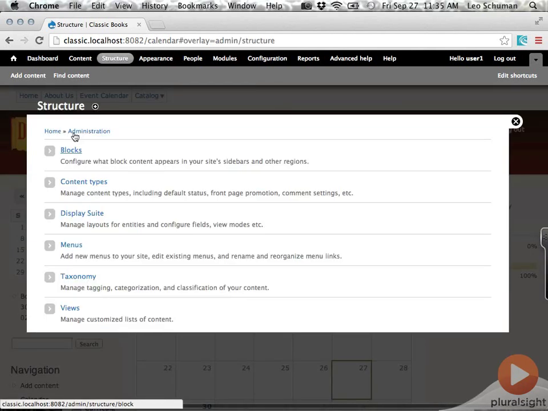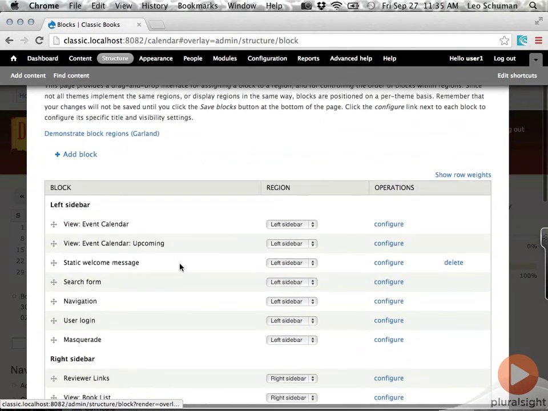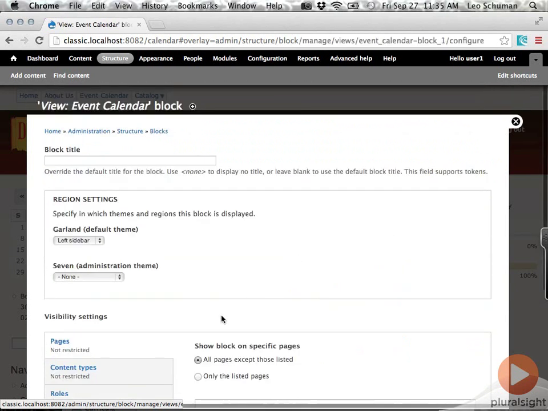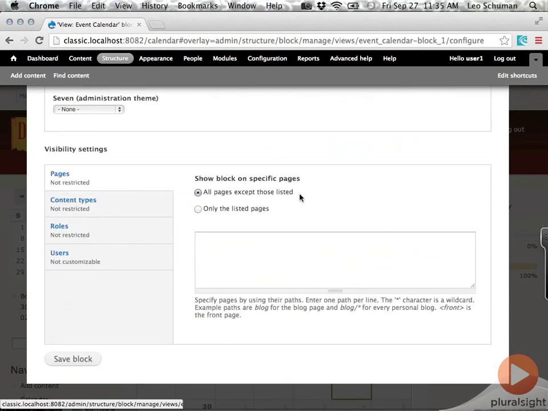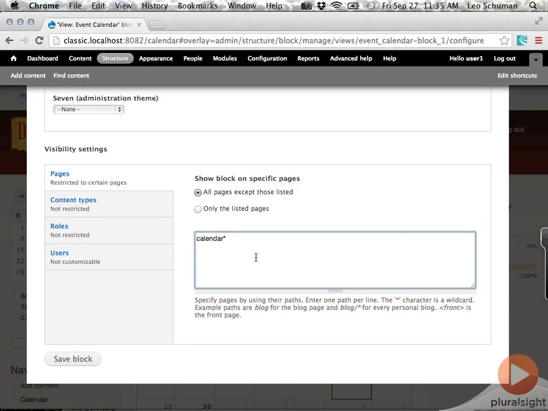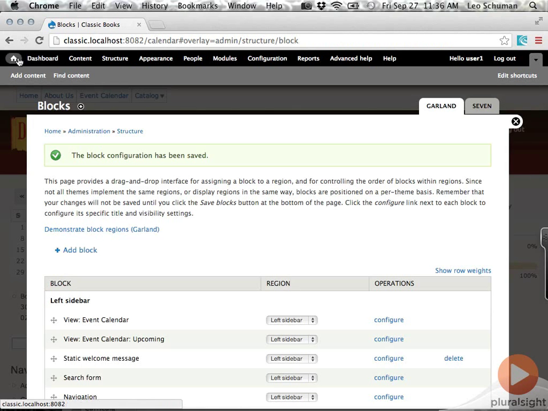I'll go back to Structure, Blocks, go to my event calendar block, and click through to configure it. I'll go down to the visibility settings because I want it to display on all pages except those listed. Well, based on the paths that we provided, we know that all of our calendars include the word calendar in their path. Some of them followed by a slash, some not, depending on how we click through. And so I'll put a wildcard at the end, save this change,